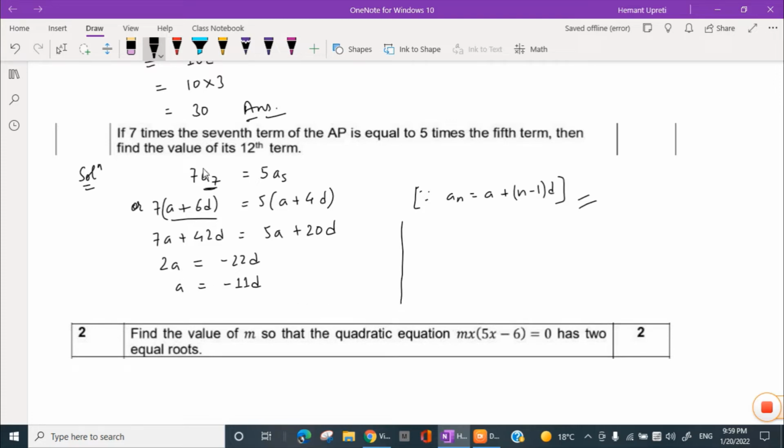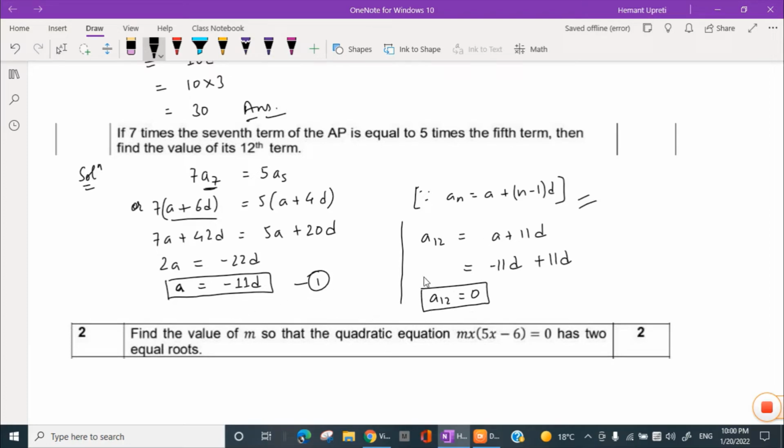आपको दो इक्वेशन नहीं पता है, लेकिन क्योंकि दो वेरिएबल्स हैं A और D, लेकिन उन दोनों के बीच में रिलेशन तो आपको पता चल गया। तो इस रिलेशन से ही काफी है, आप कैलकुलेशन कर पाएंगे बड़ी आसानी से। तो आप A12 कहेंगे तो A12 विल बी A plus 11D. अब आप क्या करिए, A की जगह पर माइनस का 11D रख दीजिए। तो व्हाट यू विल गेट, A12 इज इक्वल टू 0। आपको A12 मिल गया। हालांकि आप यहाँ पर A और D की सेपरेट वैल्यू नहीं फाइंड कर पाए हैं, लेकिन आप A और D के रिलेशन को जान पाए थे।